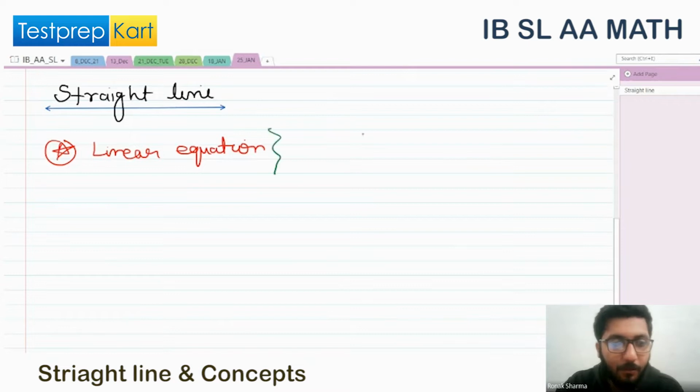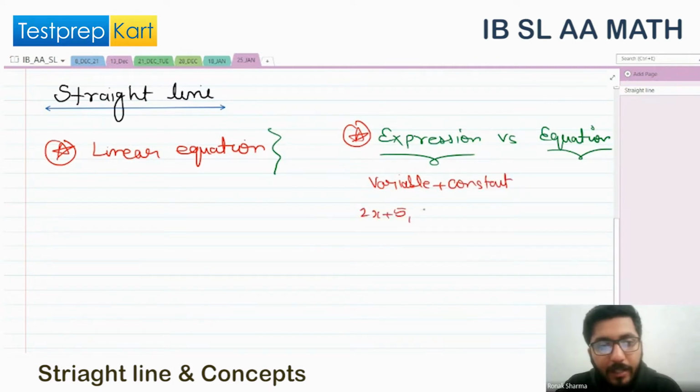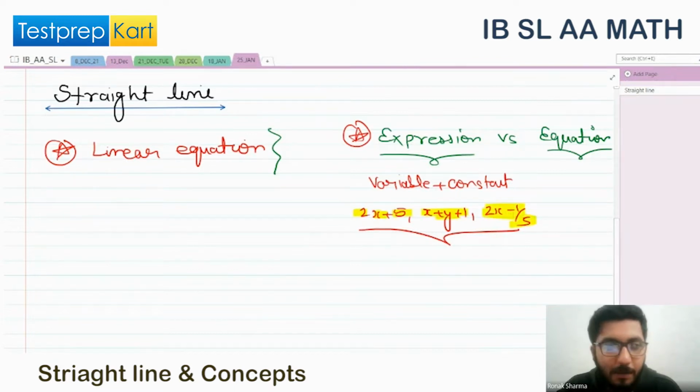right? And in fact, I'll go with more basics, that is expression versus equation. Okay, so you must have heard these two terms, right? But still, what is the difference between an expression and an equation? See, expression is nothing but a combination of a variable and constant, like 2x plus 5, like x plus y plus 1, like 2x minus 1 by 5. All these are combinations of what? The constants, that is the numbers, and the variables, right? So all these are expressions,